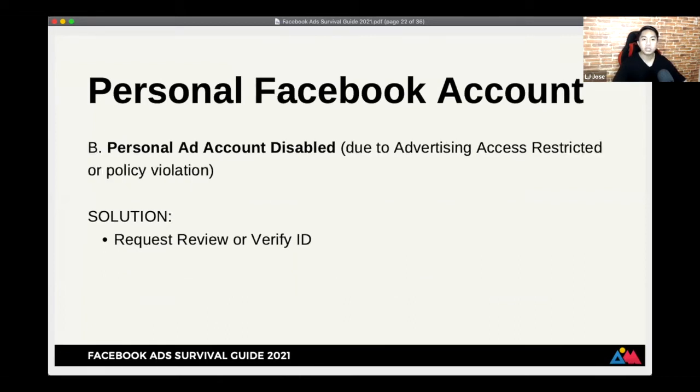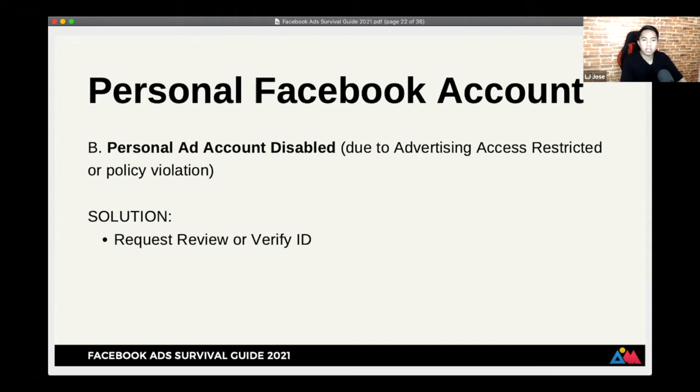Ito namang personal ad account. Okay? Personal ad account disabled due to advertising access restricted or policy violation. There are times actually na i-disable ni Facebook yung personal ad account mo kahit wala ka namang ginawa. So, nangyari na rin yan a few times sa akin na wala akong ginawa, walang activity, anything, and then i-disable lang kaagad. Tapos yung reason is very vague. Circumventing systems ba, non-functioning landing page, or whatever.